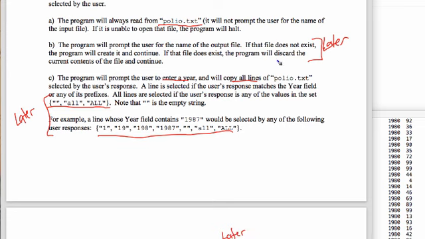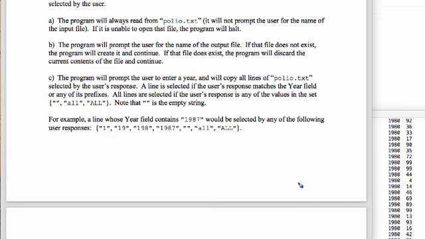So all I'm going to do is focus on entering a year and printing all those lines for that year. The rest of the stuff I'll do later. Same thing, and we'll take a look at something similar for the other one. The focus here is on doing this